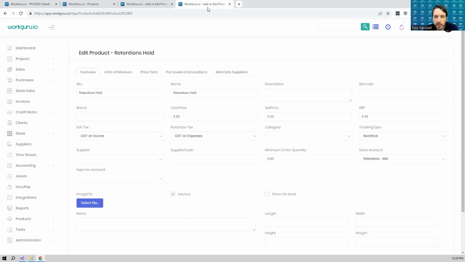Everyone, Tony from WorkGuru here, and I just want to give you a walkthrough setting up retentions in WorkGuru, particularly for our construction clients. The way you set up a retention in WorkGuru is to create two products, one for